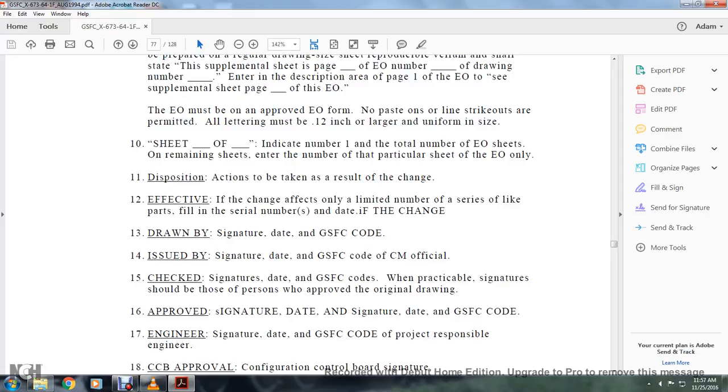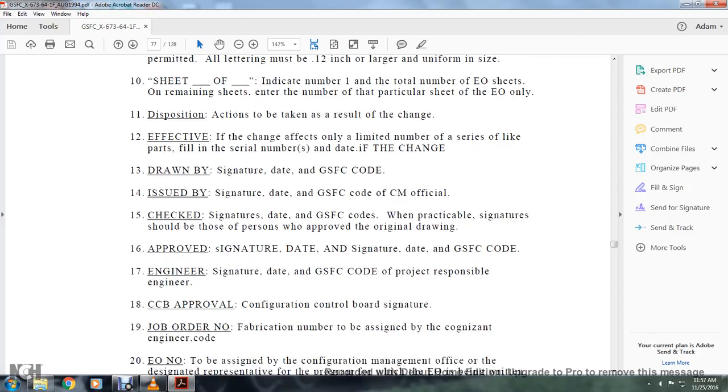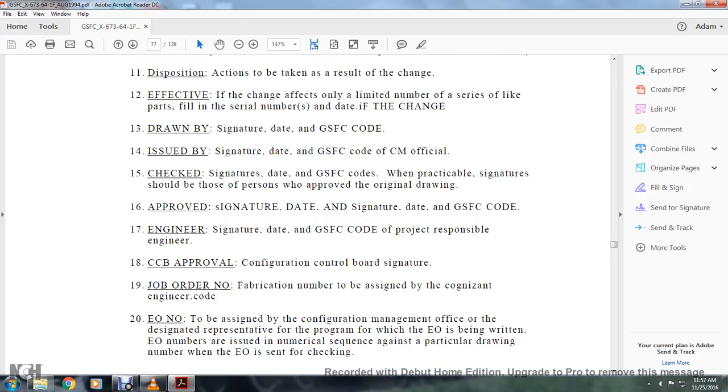Check signatures date of the Goddard Spaceflight Center code, but the particular signatures check should be those of the person who approved the original drawing, approved the signature date and signature date of the Goddard Spaceflight Center code, with the engineer signature date of the Goddard Spaceflight Center code, with the project responsible engineer, the CBC, the configuration control board